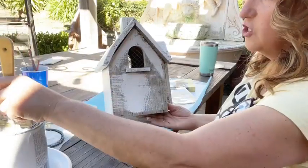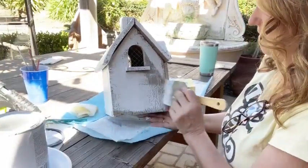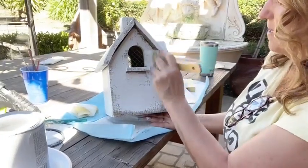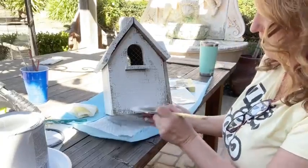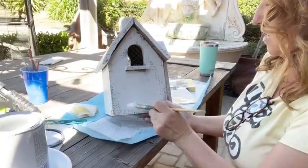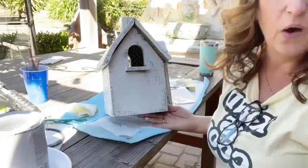So the chip brushes are my favorite kind of brushes to use, especially with this type of painting, because they're not really meant to give a full coverage, so it kind of helps you along with that aging process. And I'm not really gonna do too heavy along the edges because I would typically